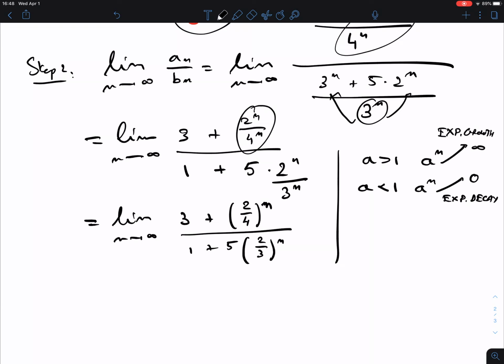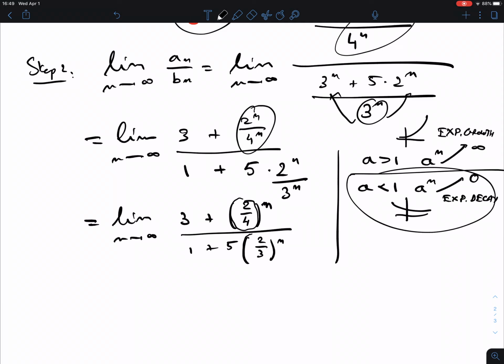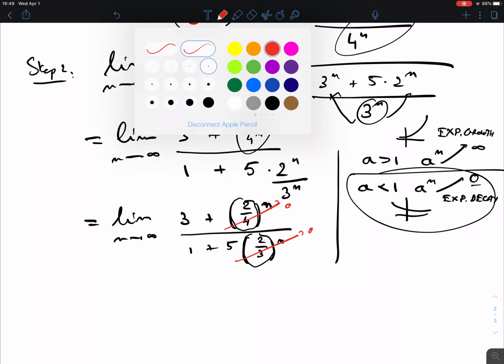Okay, so in the limit, I mean, right? So the picture, of course, I hope that you don't misinterpret the error here. The picture of this one would be something like that. The picture of this one would be something like that. Okay, so this is the case that we're interested in, this exponential decay, because in both cases, and that's because we chose the dominant terms, all these things have to now be smaller than 1, so that in the limit they all become 0. Okay, so that's the point here. So this will be 0, this will be 0, 5 times 0 is of course also 0. What are we left with? Well, we're left with 3 over 1,